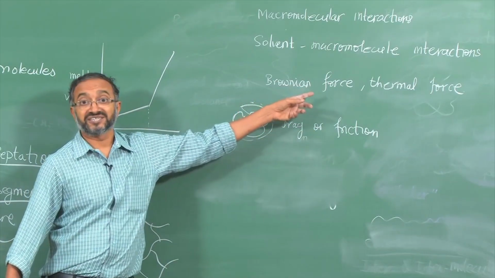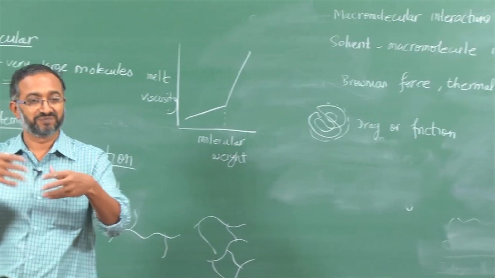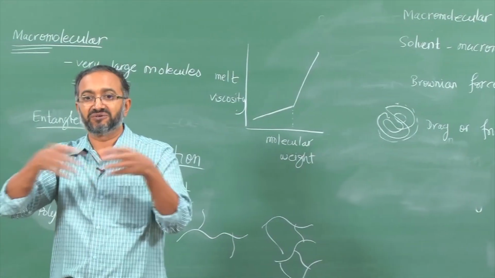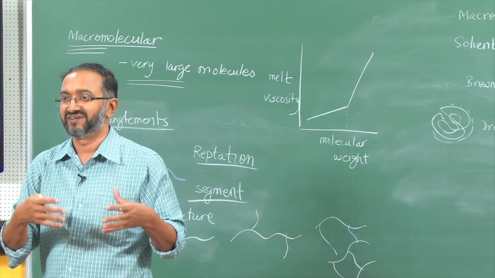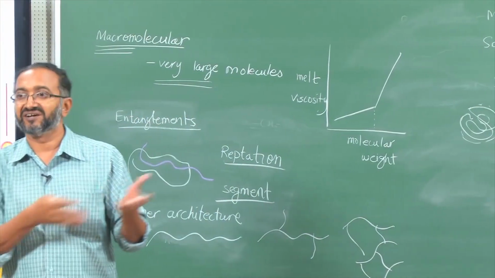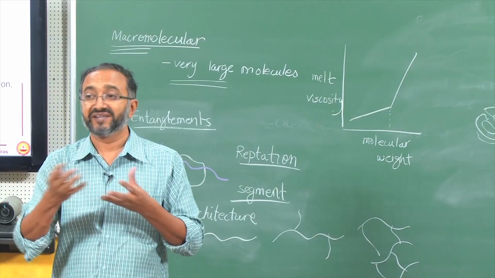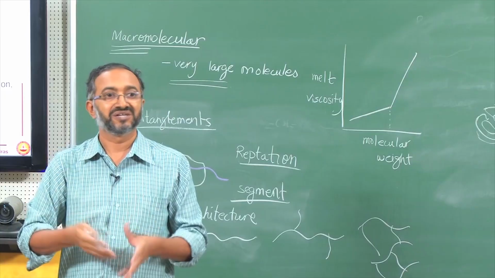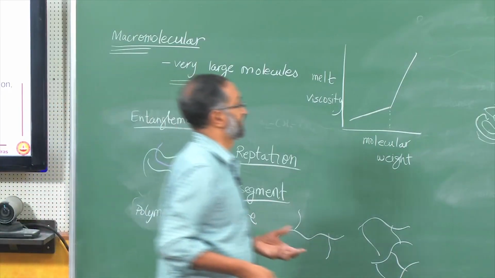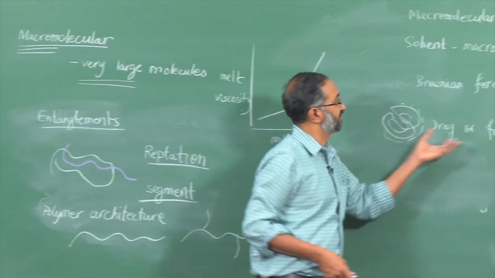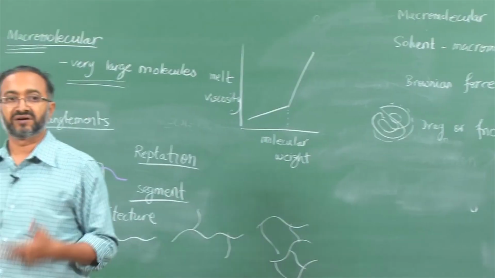Here, even if velocities are 0, in the sense it is a stationary polymer solution, Brownian force is being exchanged, because solvent molecules are bombarding and the macromolecule is undergoing motion, so Brownian force is present. But if I am doing shear where the polymer molecule is moving and the solvent molecule is moving, and if there is a relative velocity between the two, that is what will lead to drag or friction. So, therefore, this is an interaction which is based on flow,